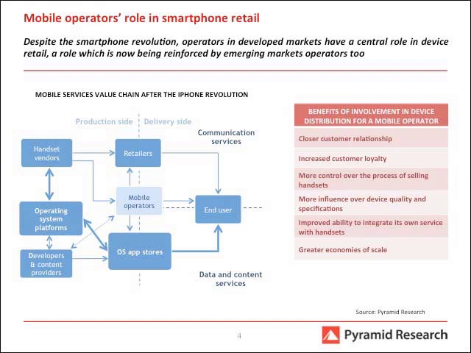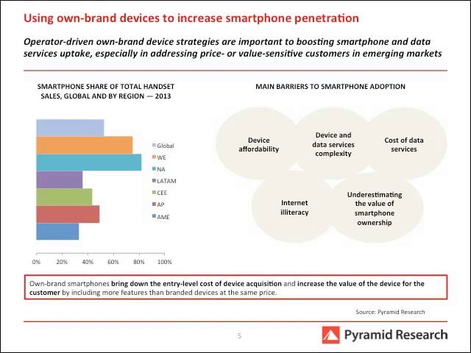Now, let's go on to the next slide, where we will discuss the first objective as we define it. So how operators can use own brand devices to increase smartphone penetration. On the left side, you see our projection for smartphone share of total handset sales globally and by region for 2013. You can see that in regions such as Africa and Middle East,